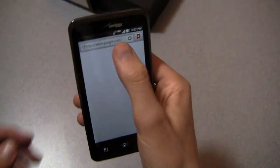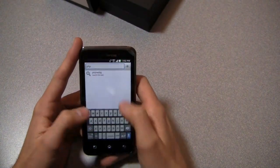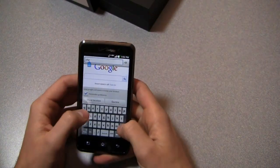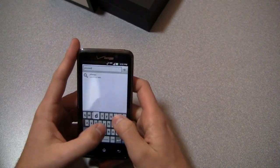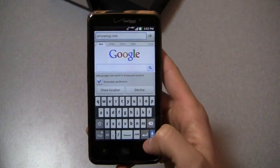4G LTE connectivity on this device. We'll go ahead and go to PhoneDog.com. And you'll notice out of the gate, 2 keyboards pre-installed on this. You've got the typical LG keyboard and you have Swype pre-installed as well. So we'll go into PhoneDog.com. Let that load, and I'm not used to this keyboard, as you can tell. PhoneDog.com. And you know, it types a lot like an iPhone, it sounds like an iPhone,